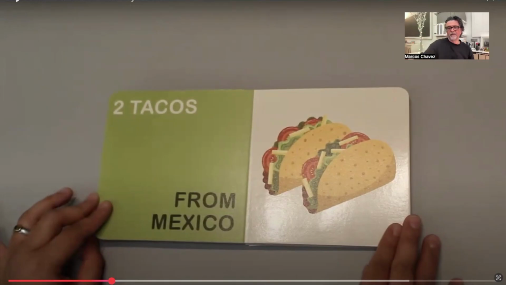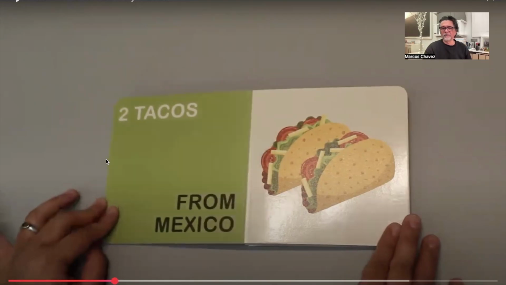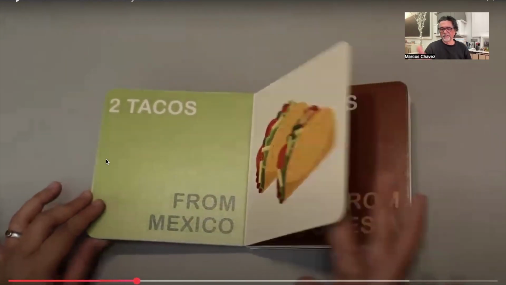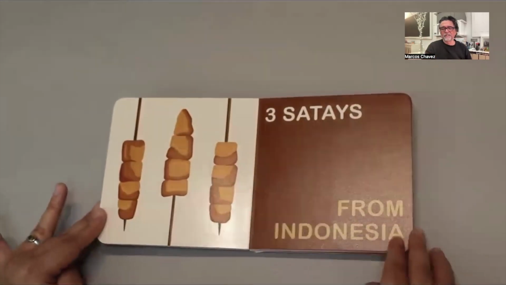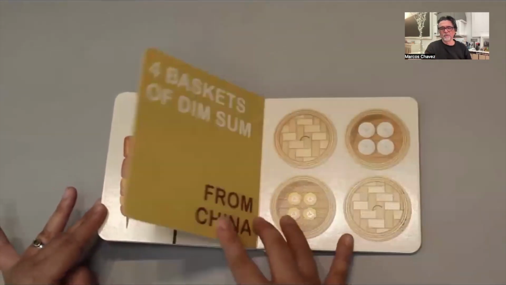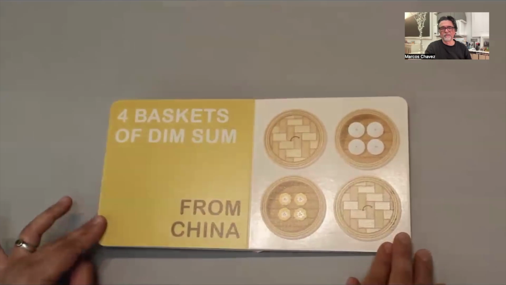It showcases various interesting cultural foods from different countries, and does it in a nice, simple way that introduces these countries and introduces the different foods, and just a really, really basic and simple approach to the storytelling